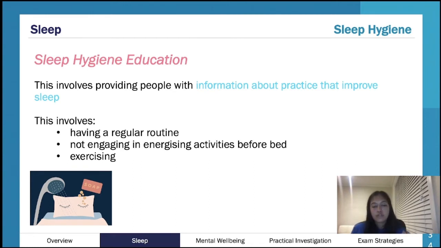And as well, if you do energizing activities before bed, like we've said, exercising is important, but that's during the day, doing regular exercise during the day. So again, you feel tired at night, but not exercising right before bed, because then obviously that's going to send your energy levels a little bit higher. So it's just this idea of getting into a good routine, helping the body feel tired, and also strengthening the cues in the bedroom for sleep.